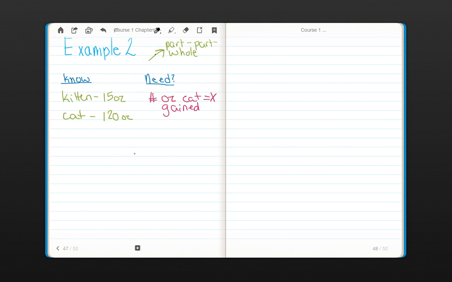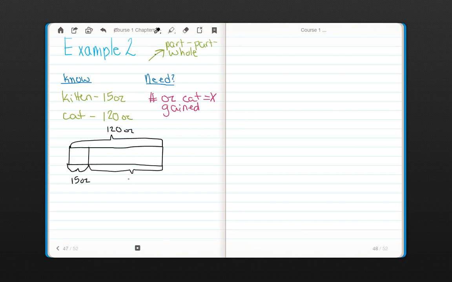So I'm going to start by drawing a bar model. This is a part-whole bar model. So I know that my cat started out as a kitten weighing 15 ounces. I know that my cat, when it was an adult, its whole weight was 120 ounces. So I need to know how much did it gain to reach that. Part whole. I know one part and I know the whole. So my equation is 15 plus x equals